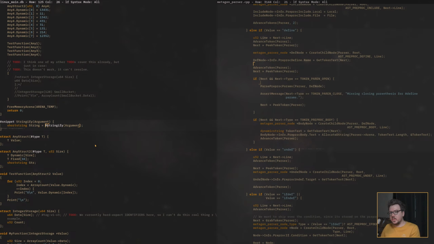Anywhere you put stringify and put stuff in here, as long as the thing in here is valid at the place you call it. So in here, argument is fine because it's going to get expanded, right? Anywhere else you put it, as long as the thing in there is valid that I can turn into a string, you can just place those anywhere. So stringification is what I'm doing right now.